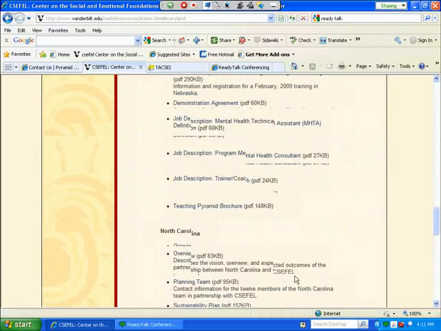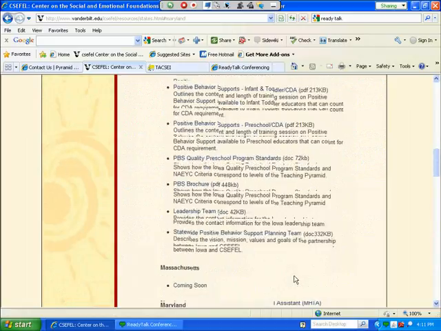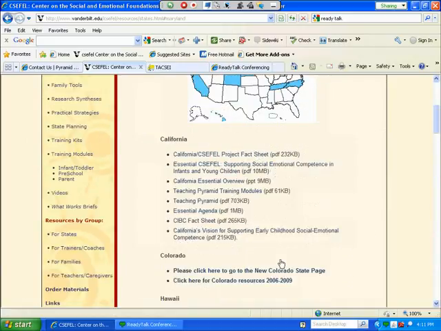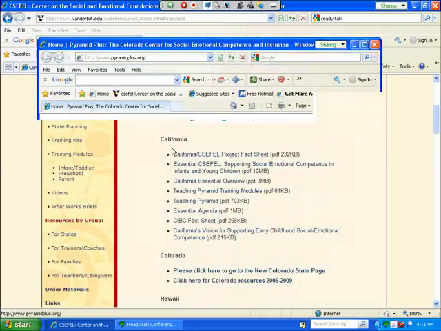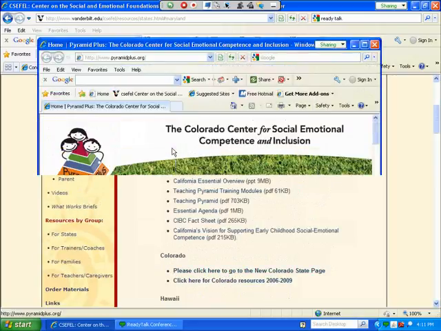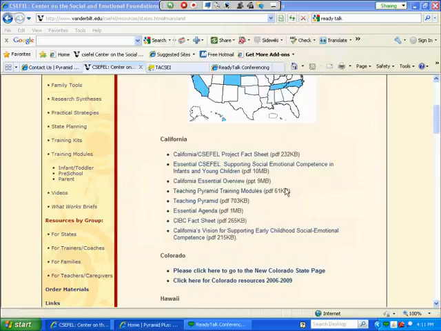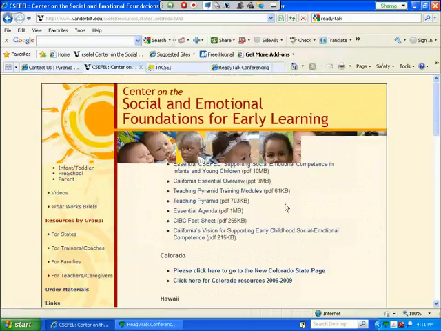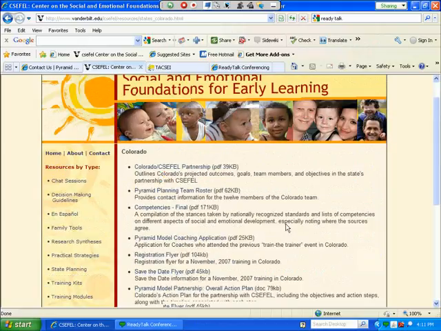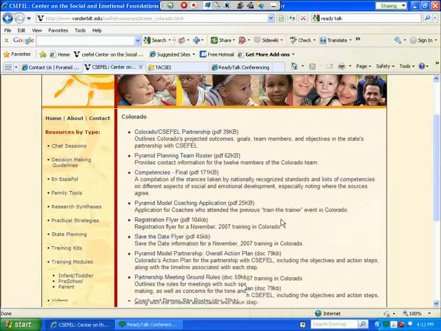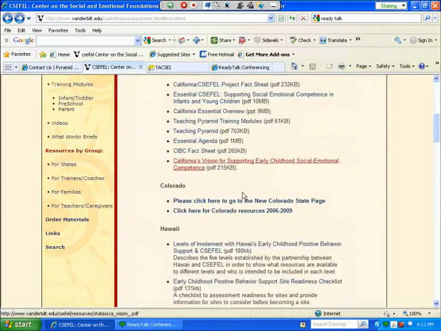Colorado has a full page, or 2, I think. Actually, this is going to bring you right to Pyramid Plus because that's what we're doing now. We're providing the support. But this is all the past work that's been done. Okay. I'm going to start moving along a little quicker